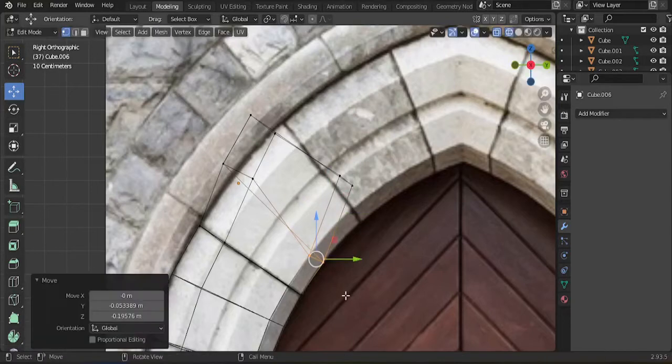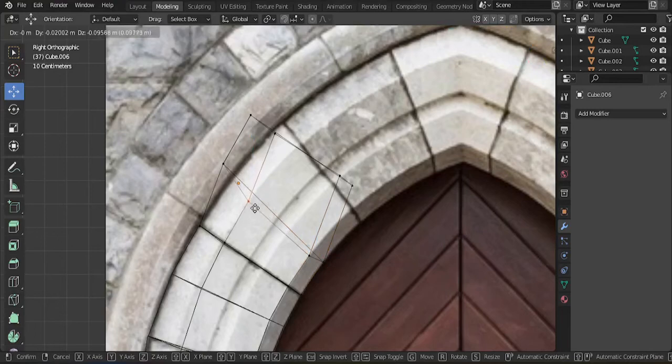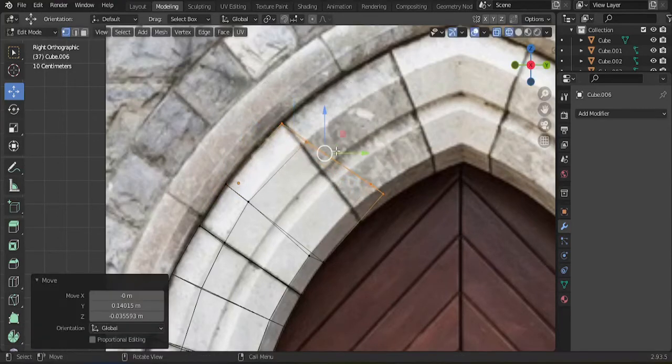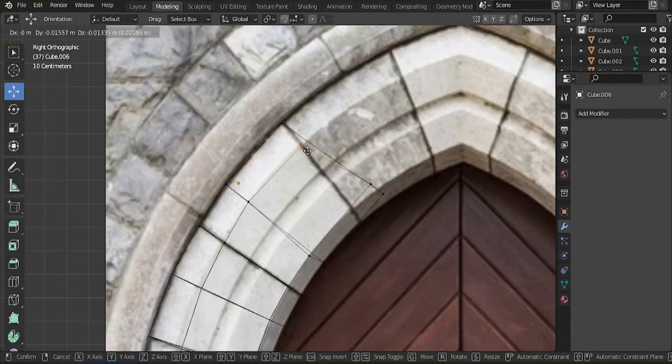Just take my time and get it done really. I mean, it's not taking that much time really. It's just a case of getting these things lined up in the proper places